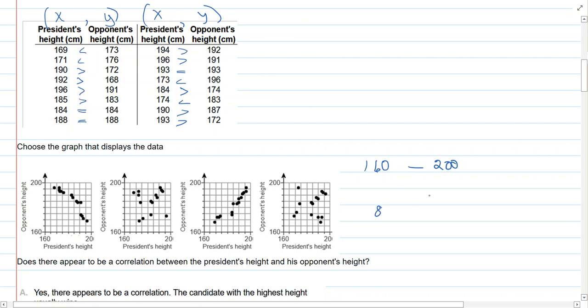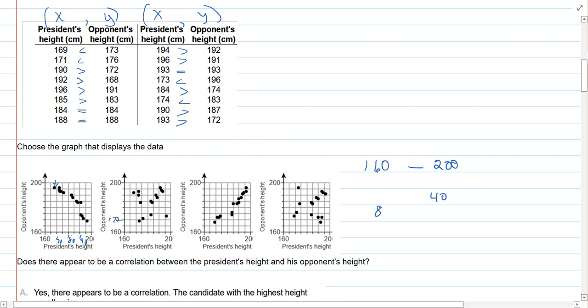And so we have 40. So each 2 is 10, right? So 170, I think, 180, 190. Yes, each one is 2. So if we have the 169, it's almost at 170, and that looks pretty good because the 169 is a 173. That's too high because it starts at 60, and again, this